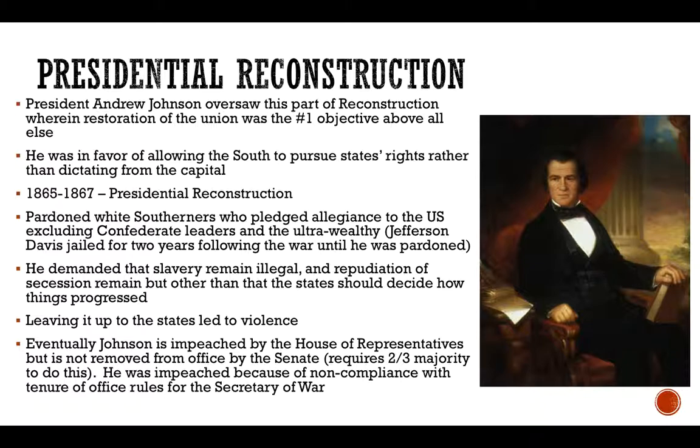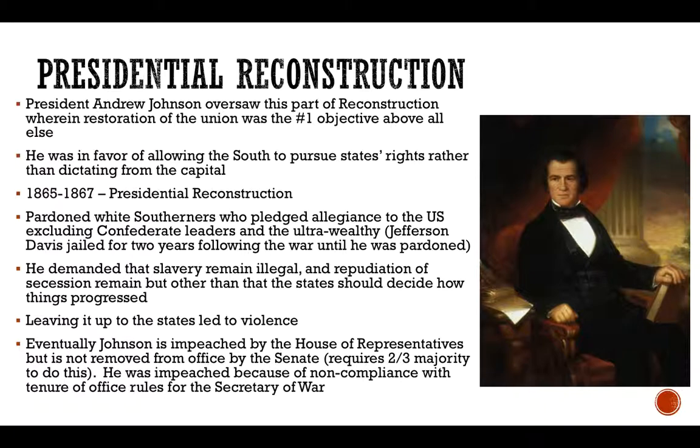Johnson also demanded that slavery remain illegal, and he said that secession needed to remain abolished. So slavery no more, Confederate states no more, and he left it up to the states,